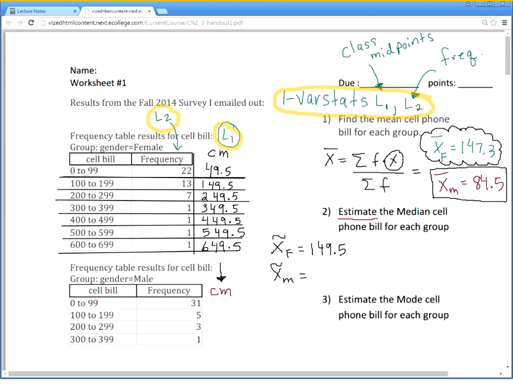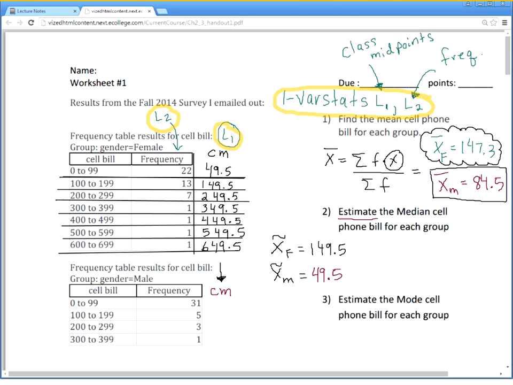Okay, but if you do the same thing to find the mean for the males as we did to find the mean for the females, then you're going to get 84.5. Okay, now again, we didn't find the mean for the males, so then down here, I'm just going to give you the answer. So when you do find the median for males, it's 49.5,